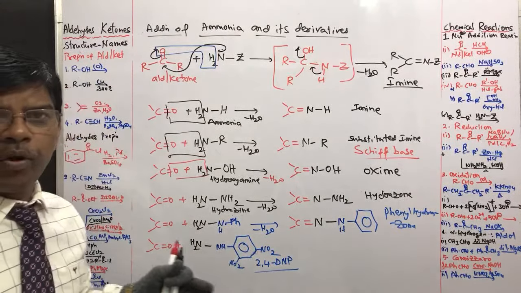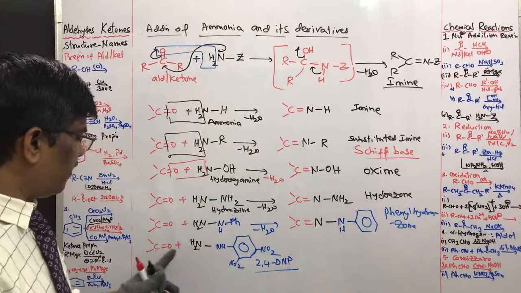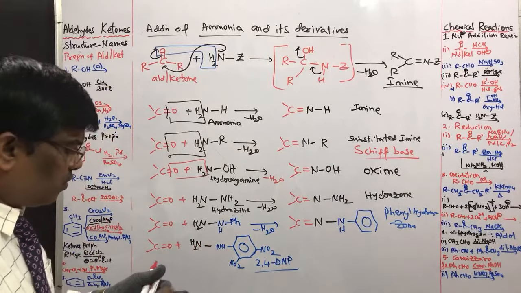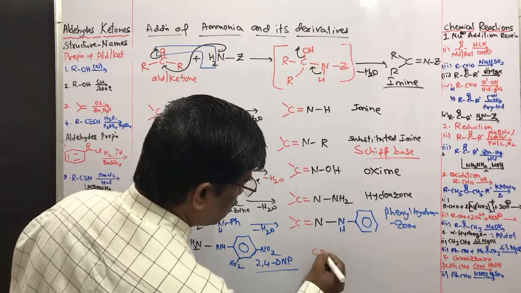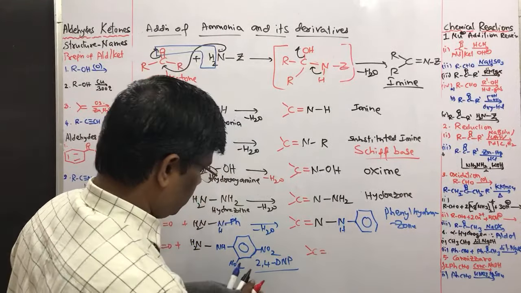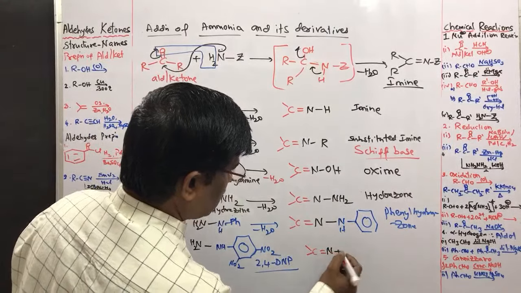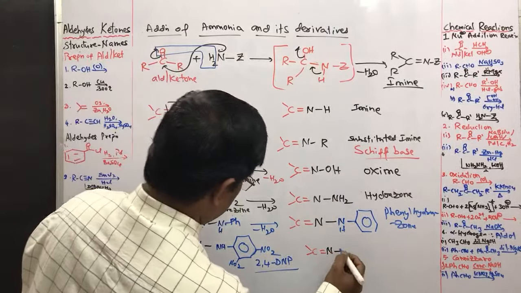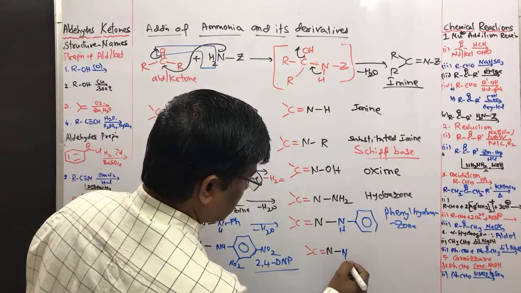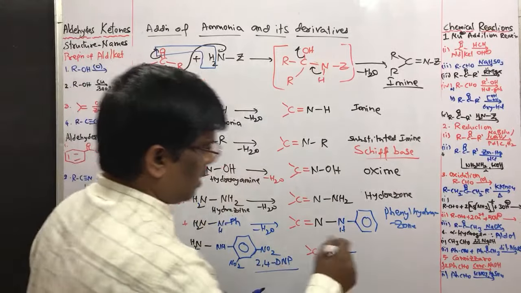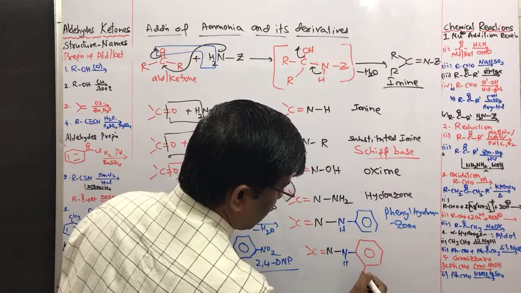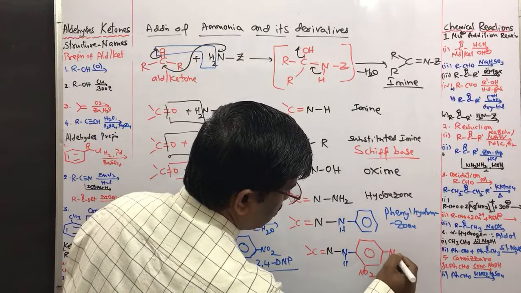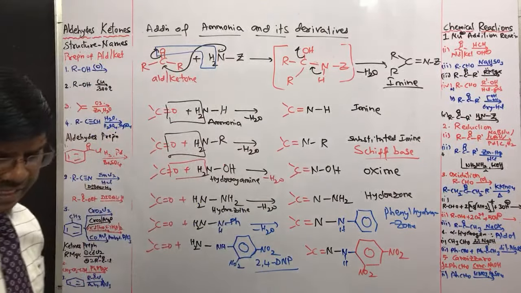It is a very important test for the identification of aldehydes or ketones, where it is going to form phenylhydrazone, nitrogen, and this is NH, and the remaining is 2,4-dinitrophenylhydrazone. It is bright